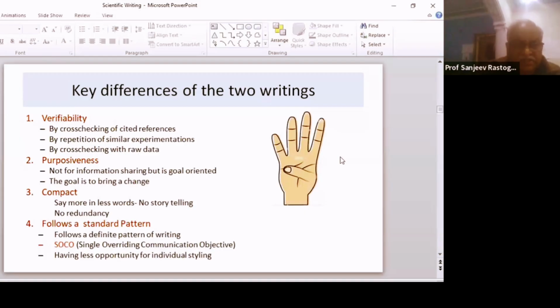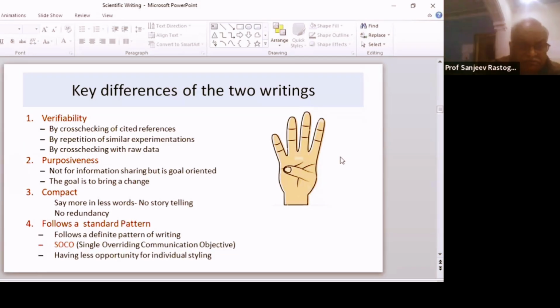By detailing the materials and methods, if someone at any other place tries to repeat the same experimentation by utilizing the same materials and methods, they should reach the same results. This is the purpose, and this is another method of verifying the results obtained by one research. And also by cross-checking the raw data. You need to make your raw data available, so whenever it is needed, it can be cross-checked.